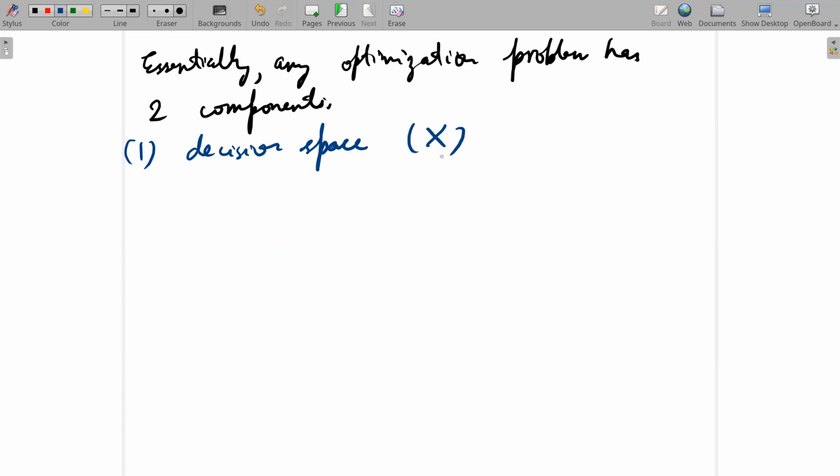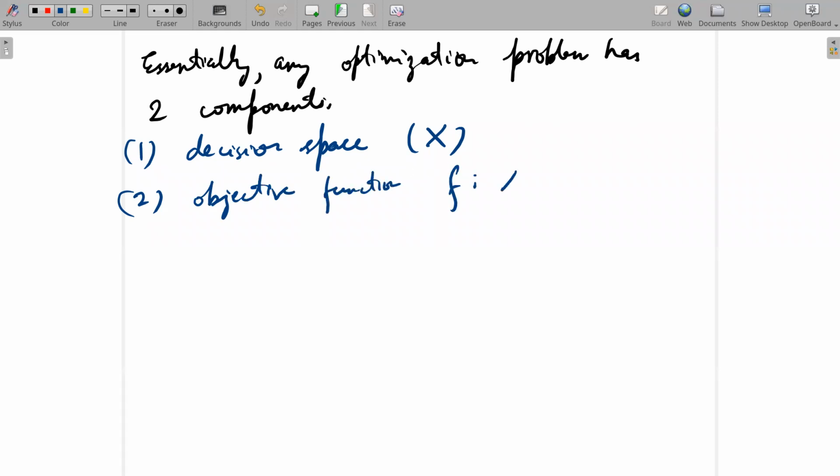That X can be many things. The reason I'm talking about this generally is because in the examples I'll show, X can be many things. Perhaps if you have read ahead and you know a little bit about optimization, you might have the impression that we have these inequality constraints and it looks like something in Euclidean space. It doesn't have to be interpreted that way all the time. We'll see that through examples, but in general, just think of it as a decision space X, and then there is an objective function F on the decision space,